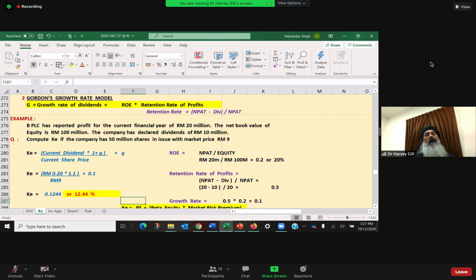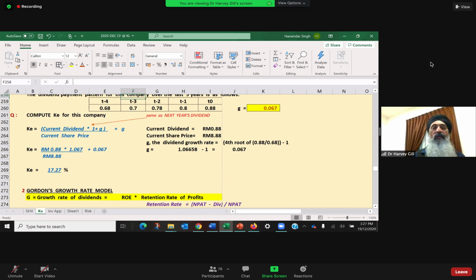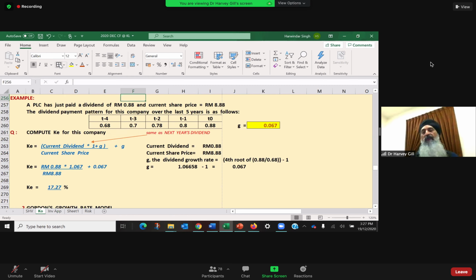So Gordon said, how much dividends you can pay in the coming years, in the future, cannot be dependent on your dividend payment history. He is one of the guys who was very critical of this model, and he's not the only guy. Many people are critical of this model. Certainly, there are a lot of flaws, because you are assuming that just because we achieved a 6.7% growth rate over the last 4 periods of 5 years, we will be able to continue to do this forevermore. And the proponents of this model, the mathematicians who say it's okay to use this model, they say,